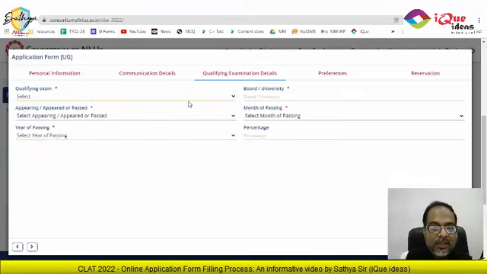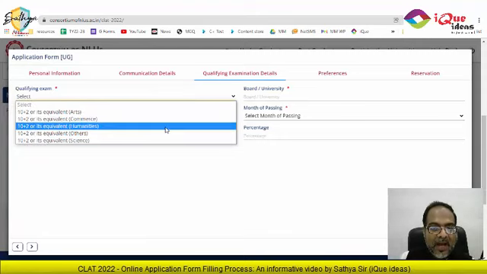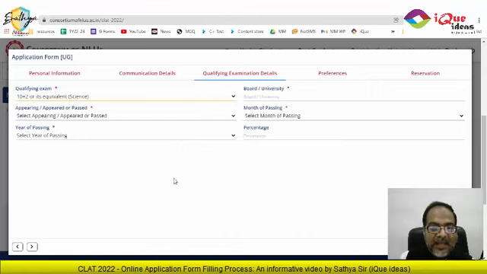The qualifying examination, you can either select 10+2 or equivalent, arts, commerce, humanities, others or science. In my case, it is 10+2 science. The board or university. So for me, it is the Gujarat Higher Secondary Education Board. Enter the board or university, which may be either CBSE or the Gujarat State Board or the state board of your region or ICSE or IB, whichever is the board or university from which you're going to complete your 10+2 or have already completed it, should be the board or university that you're selecting.